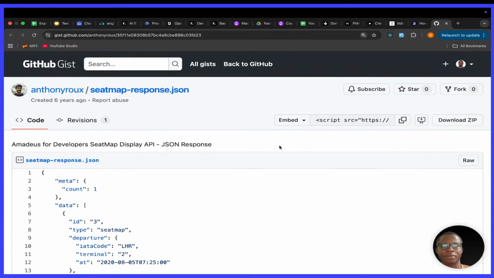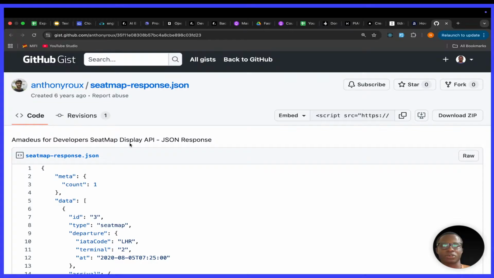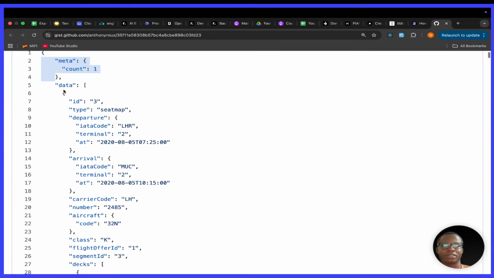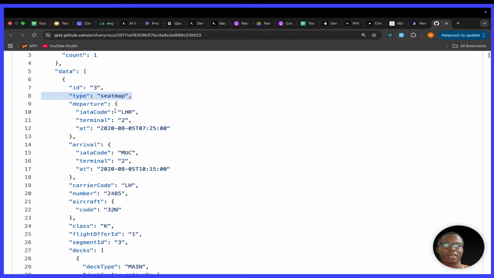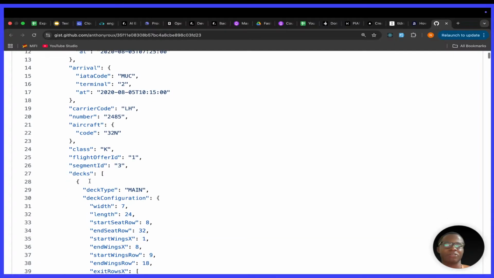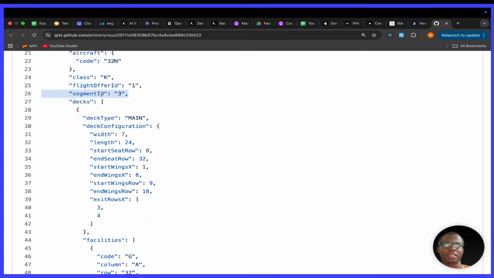This was created 6 years ago. So it says meta, then data, type seatmap. It has the departure, the IATA code, the terminal, and the departure time. Then the arrival, the IATA code of where you're going to arrive, the terminal, and the date time. That's the carrier code, the aircraft number, so many things, the flight offer ID, segment ID,